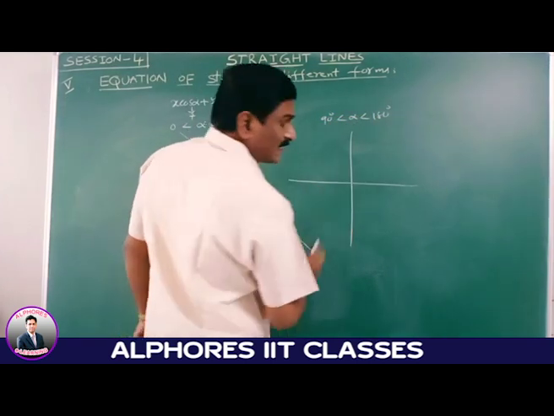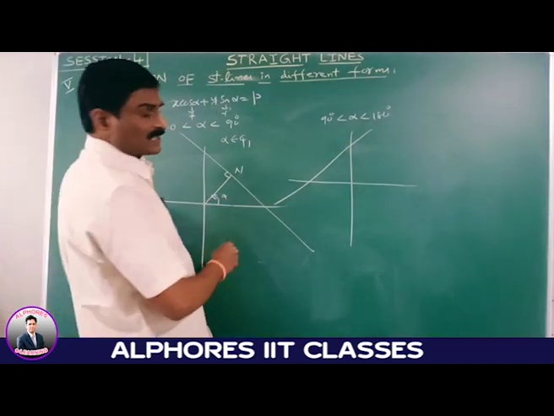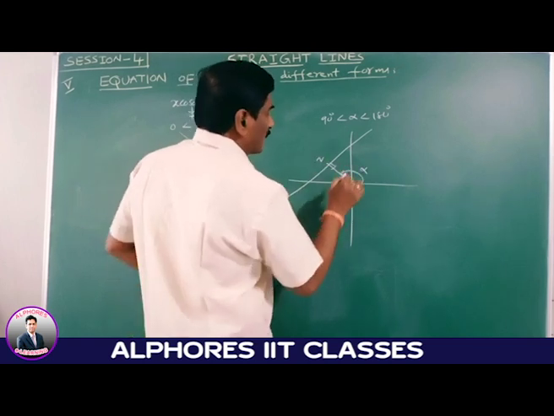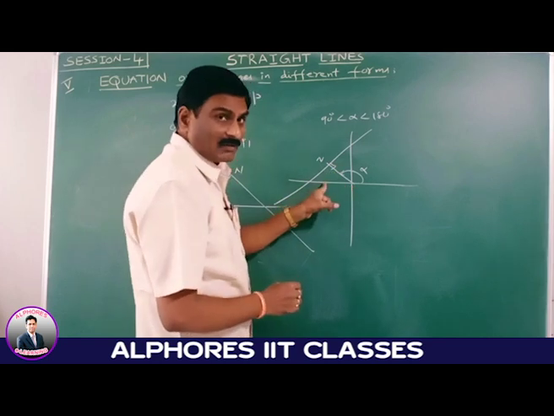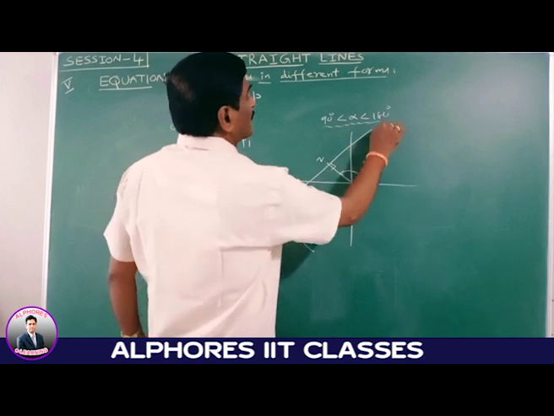The line is in this way. Please observe this value. This line lies in the second quadrant. Please observe this value. It is a projection of n. This angle is alpha. Please observe this value. This alpha is more than 90 and up to this value 180, less than 180. Here please observe this value. 90 to 180 means this value lies in second quadrant.